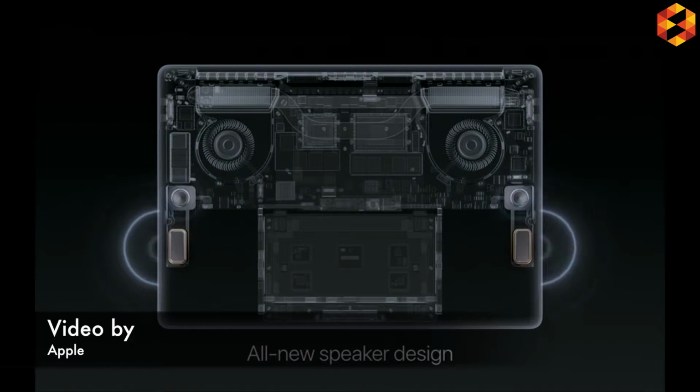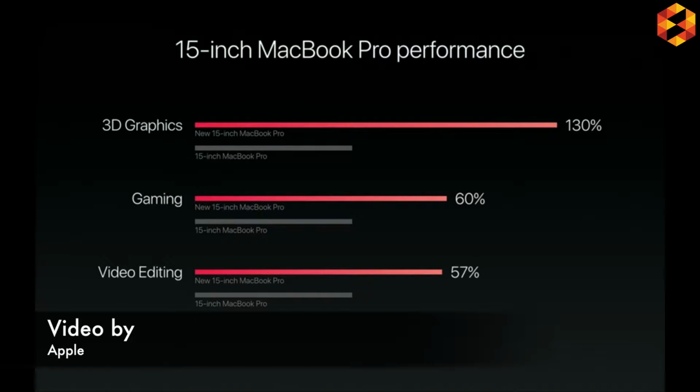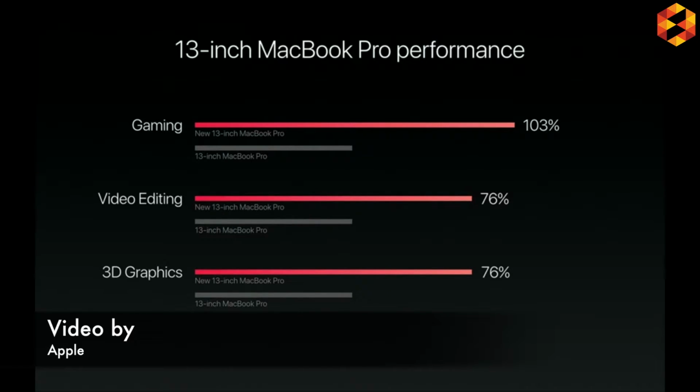Also, we have new hi-fi speakers that Apple claims are better, with 2 times the dynamic range. And in this graph, Apple said that in this new MacBook we will have 130% more performance in 3D graphics, 60% more performance in gaming, and 57% more in video editing performance on the 15-inch MacBook Pro. On the other hand, we have more subtle changes on the 13-inch MacBook Pro. So there's going to be 76% more performance in both video editing and 3D graphics, and 103% more performance in gaming. I know not all users will use their Mac for gaming, but for those who do,